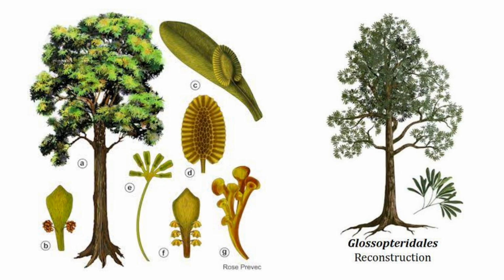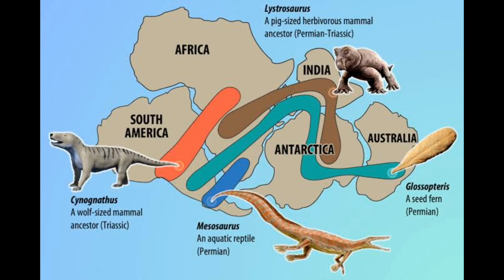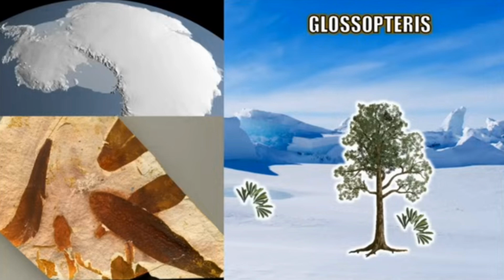Also, one example of fossil is Glossopteris. So let us look at the map to see the Glossopteris. It is in South America, Africa, India, Australia, and Antarctica. We all know that Antarctica is a cold place and has ice, but we also know that Antarctica has no plants because of the cold weather. So it is impossible that Antarctica has plants, but there are fossils of Glossopteris.